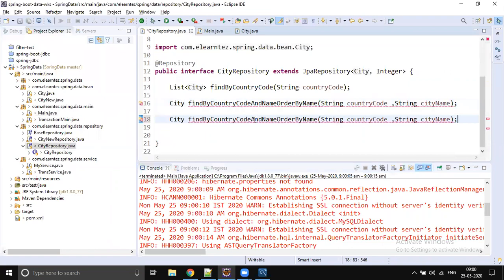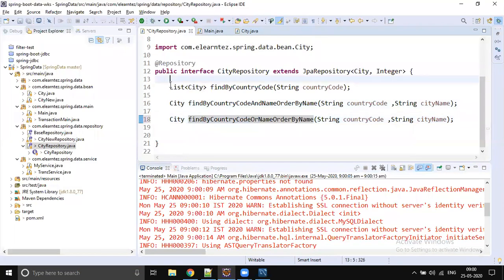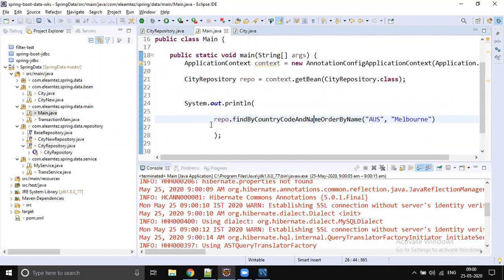Let's change this: undo the And to Or, so country code or name, or condition, order by name. This time we will get multiple records, so let's change the return type to collection. Let's go ahead and call this method. For now, let's comment this code.